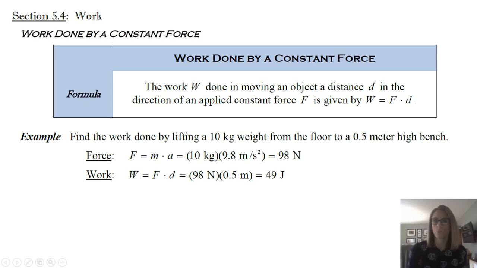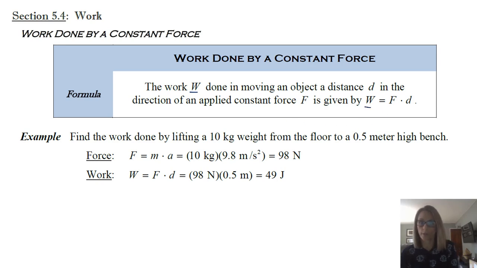So this is section 5.4, which is called work. And there's still the aspect, because this is chapter 5, on adding up an infinite number of slices, like volume, but in the context of work. So the formula for work, and what work is, is basically what you get when you move an object a certain distance with a constant force.